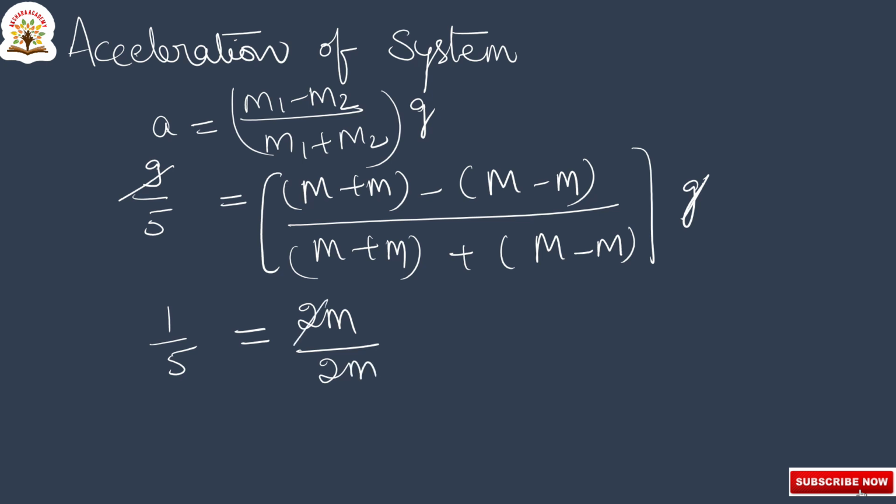Here 2 also cancels, so that implies small m by